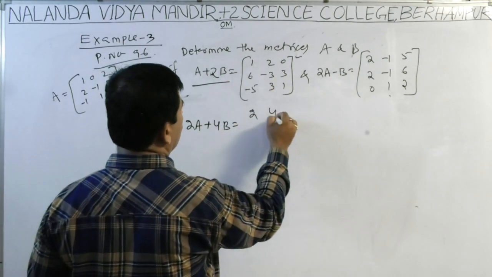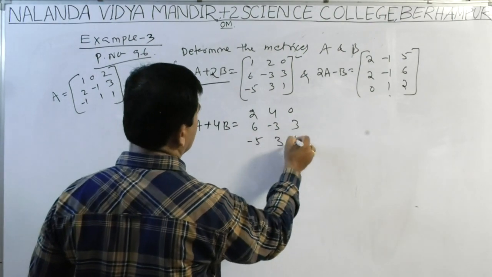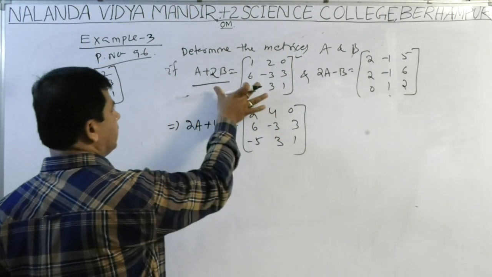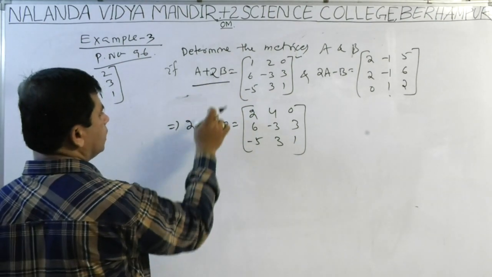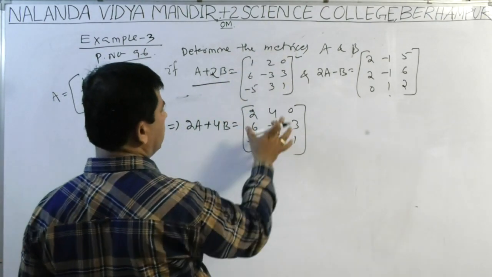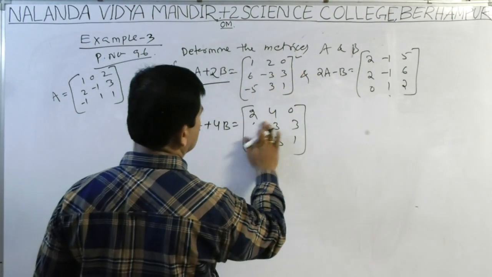Therefore 2 4 0 6 minus 3 3 minus 5 3 1. If we multiply this matrix on both sides by 2, we get 2a plus 4b. If this is multiplied by 2, we get 2 4 0